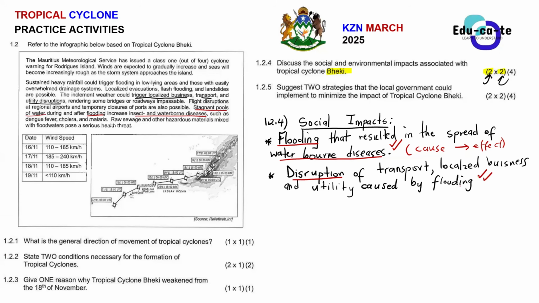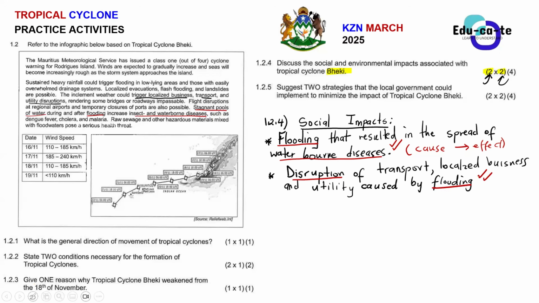The cause here is flooding from this tropical cyclone, and then the effect, the flooding disrupted the transport. That's the effect. So whenever you discuss something, whenever you explain something, whenever you see 2 marks per point, you give the cause and the effect. What else? What else is